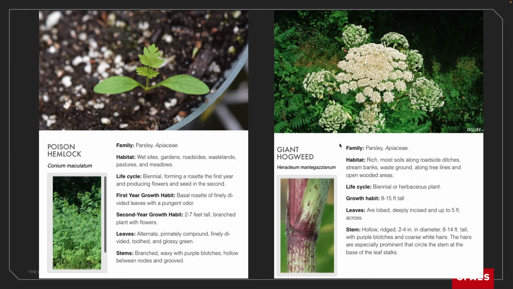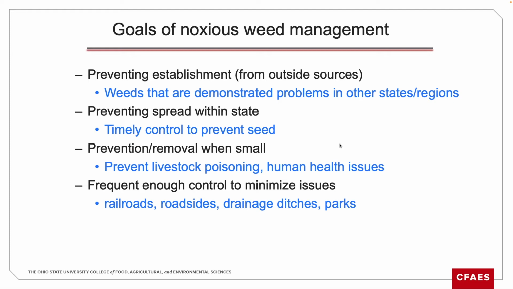Having said that, poison hemlock is everywhere, especially in the southern two-thirds of the state, but also in the northern third as well now. And it's pretty evident to me that the noxious weed law is rarely being used for this, if at all. And so it remains a big problem, but it really hasn't caused poisonings in spite of the bad reputation that it has. Goals of a noxious weed